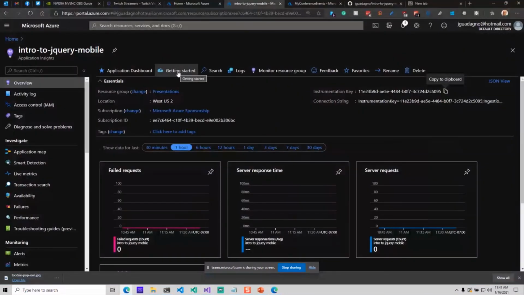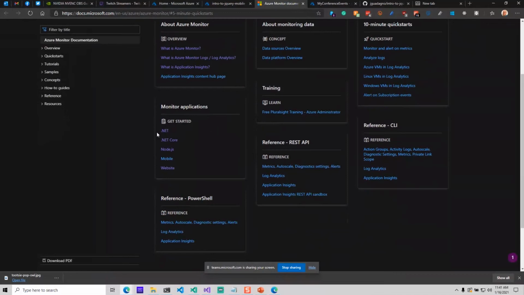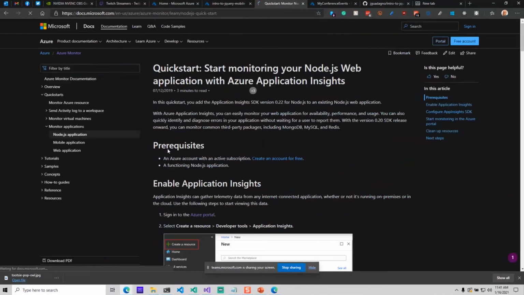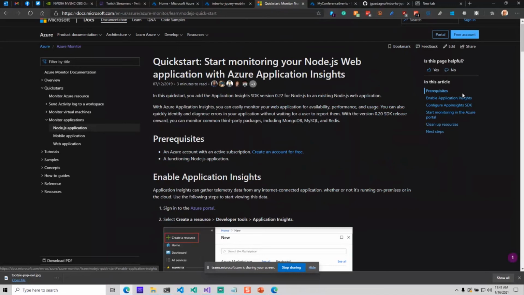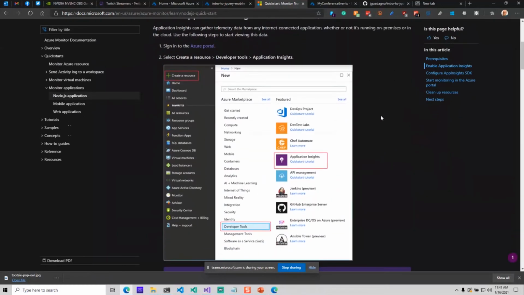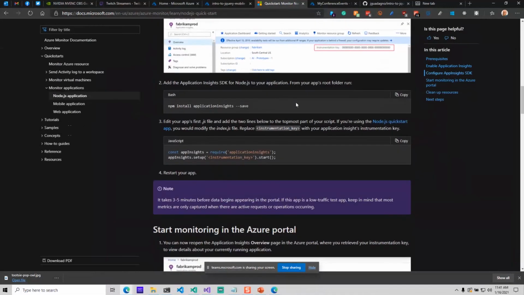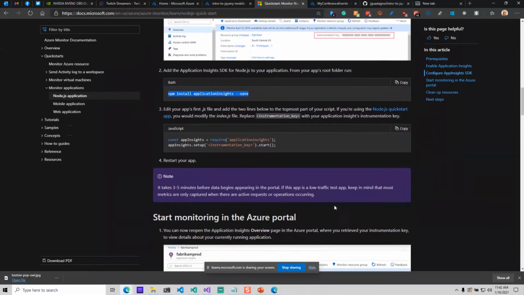If you click on Getting Started here, it pops up this Azure Monitor. And then you get down to any one of these. So I'm going to choose Node.js. And then there's this Configure App Insights. Now, it used to show you right on the portal, where you would literally just click that Getting Started and it would give you all those, but they took that away, unfortunately. So right here is the code if you're using it, but